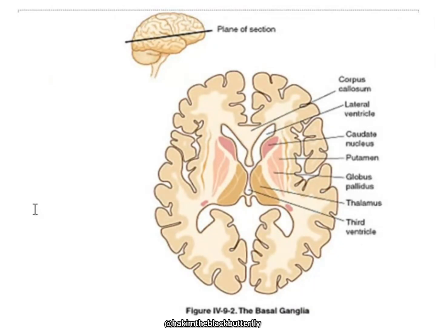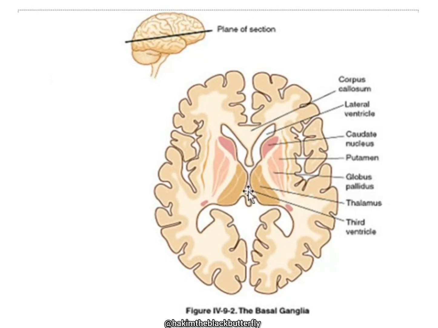Is it coronal? Is it sagittal? Is it transverse? Transverse. It is transverse. When you make a transverse plane, you're going to see a thalamus on the right, a thalamus on the left, the third ventricle in the middle,